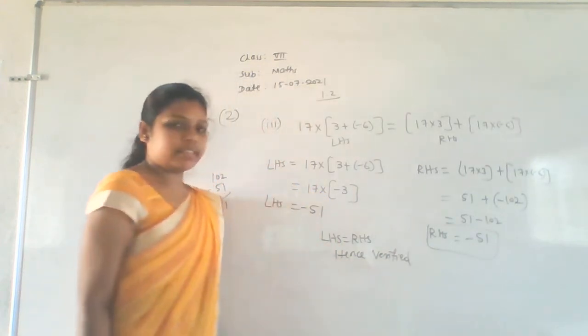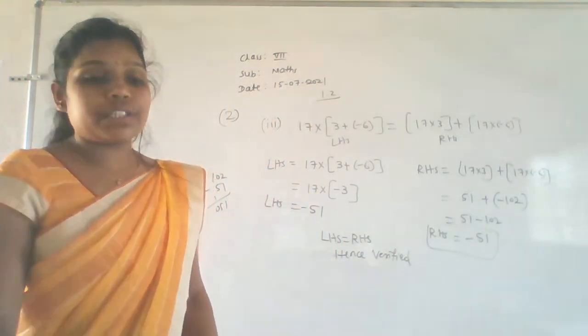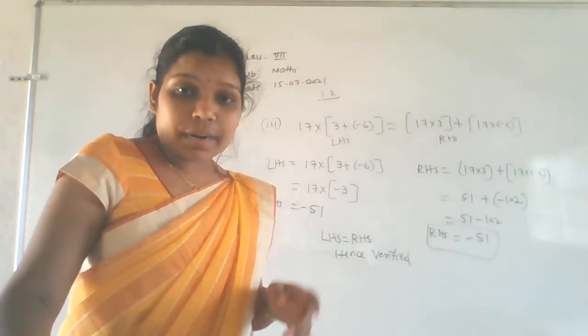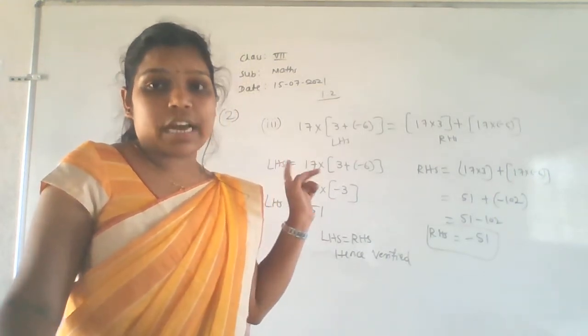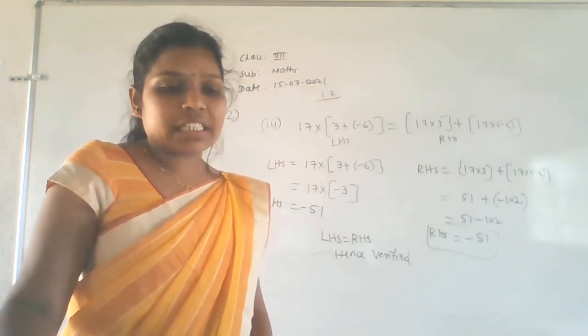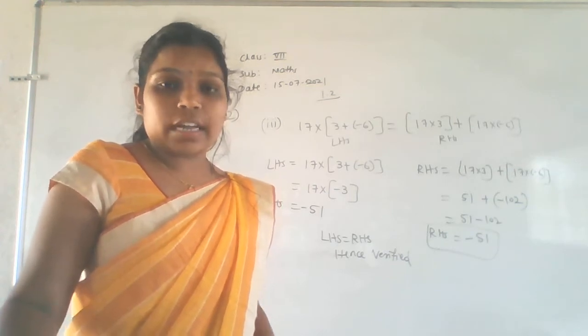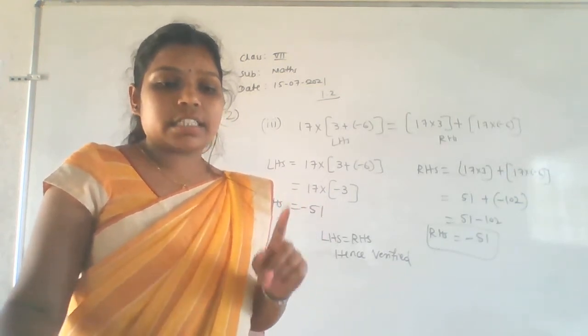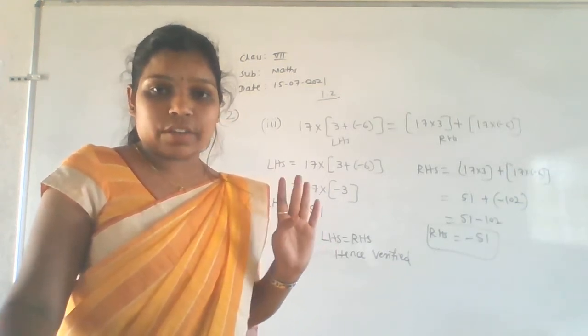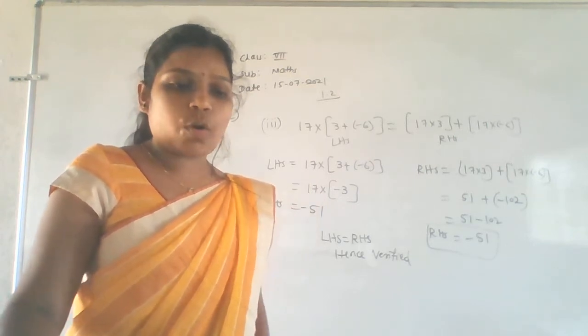Hope everyone is understanding. Okay, this is nothing but the distributive property of multiplication under addition, which we are checking. So last one, do it yourself. Fourth one, I did three problems. Next one, the fourth one, do it yourself. I won't do that one. Okay, that is homework.